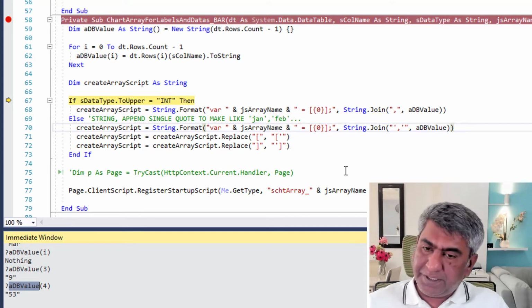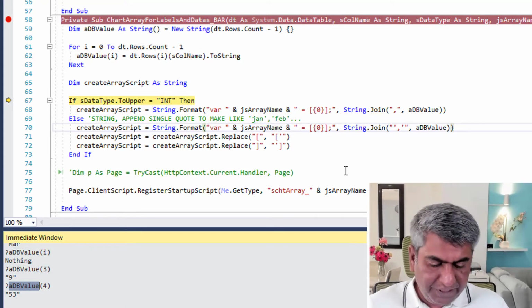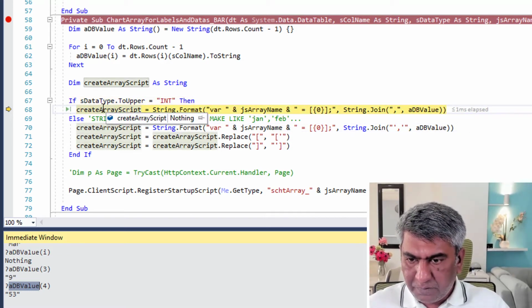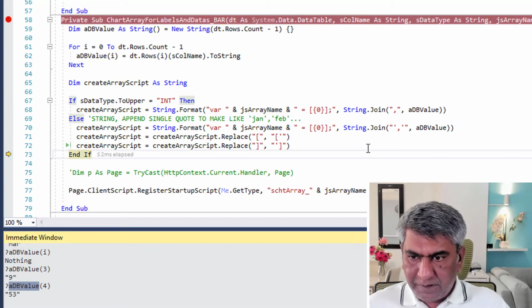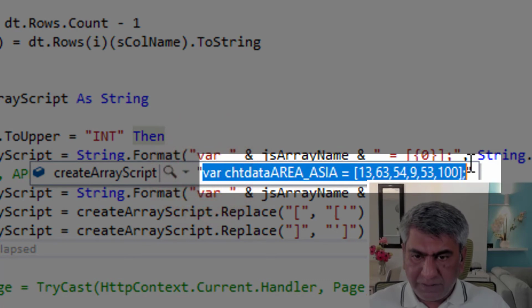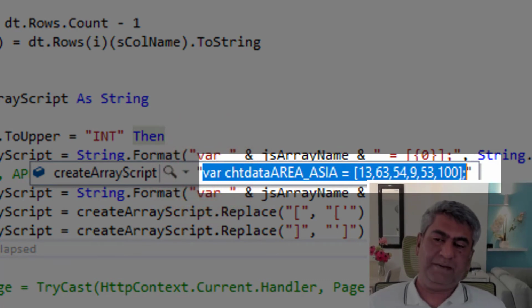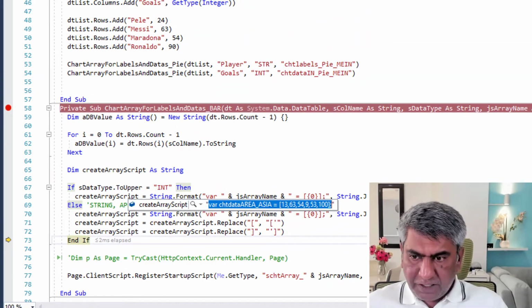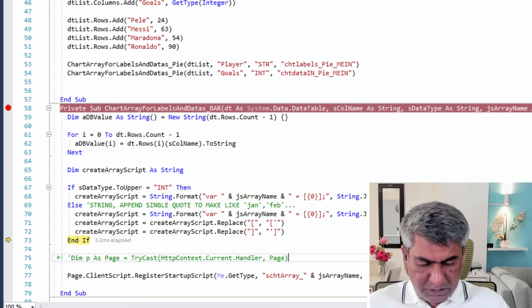Sorry, it is not empty. It has not been defined yet. Now we are going to define it, and this variable has nothing now. F10. Let's see what this variable has now. Wow! So it is a JavaScript array with the data. Variable name equal to data, and then we are going to register this.